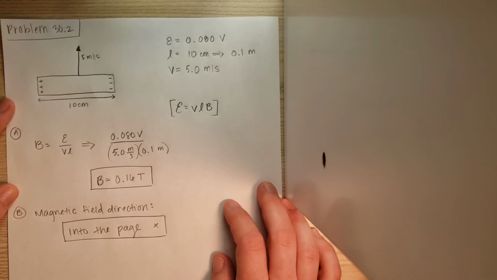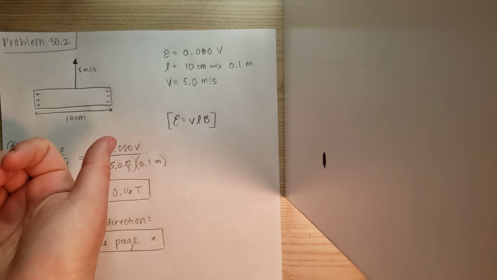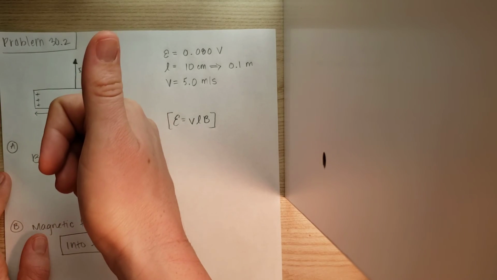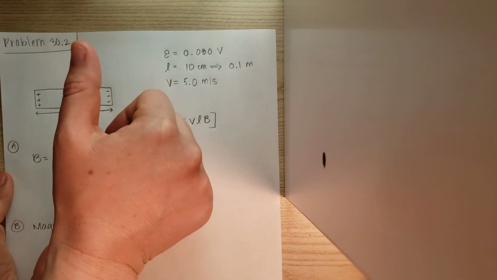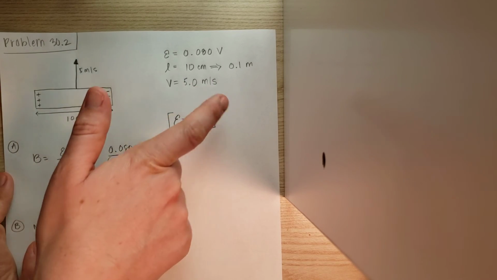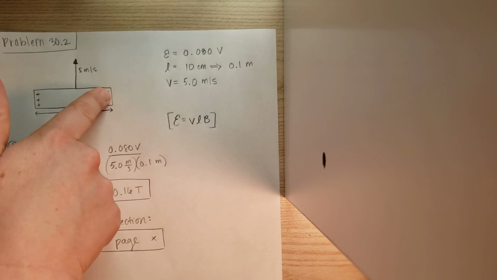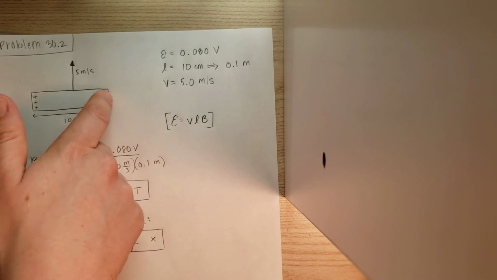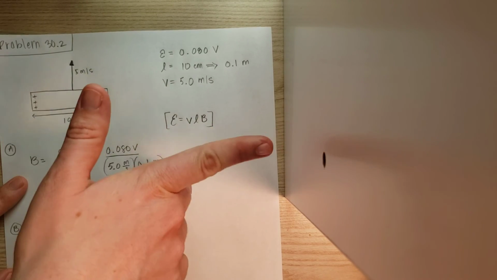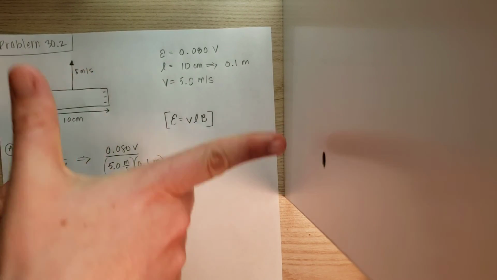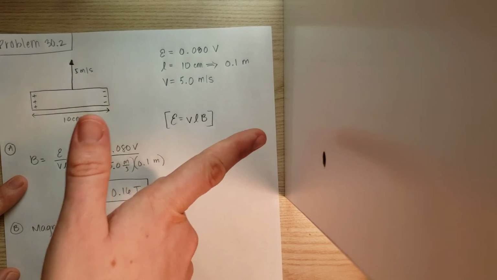be into the page, because if we use the right hand rule, let's see, so we have velocity, how should I do this? Okay, so we have velocity going up, and then our current is going to be going to the right, because current flows opposite to the direction of the electron. So current's flowing that way, velocity's up, so that means that our magnetic field has to be pointing into the